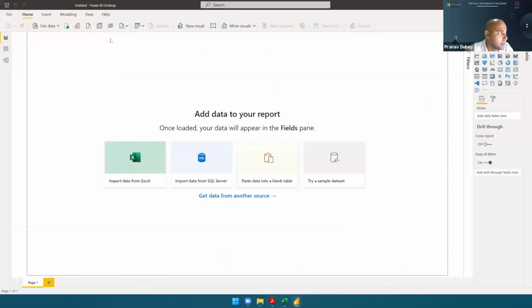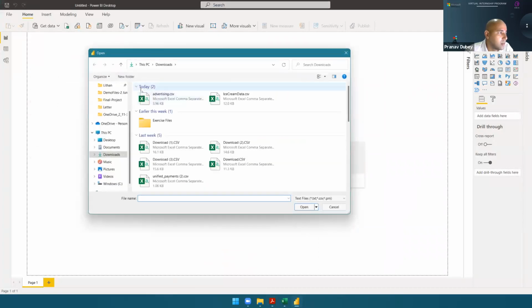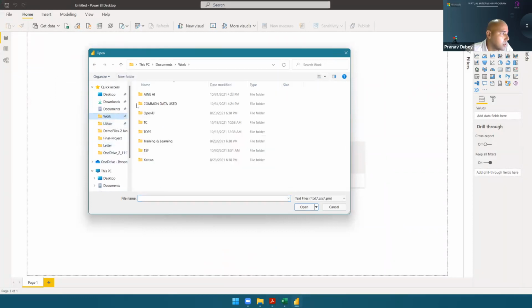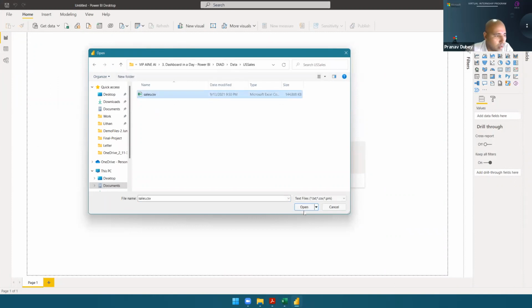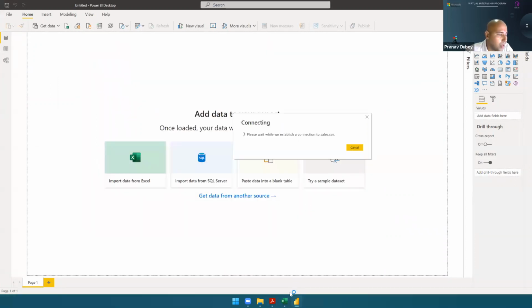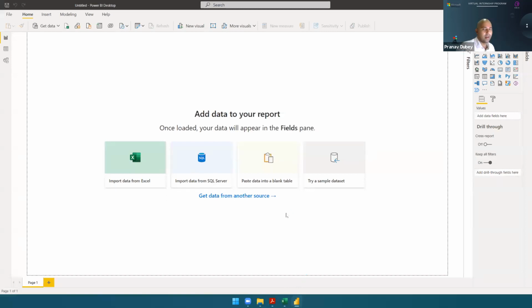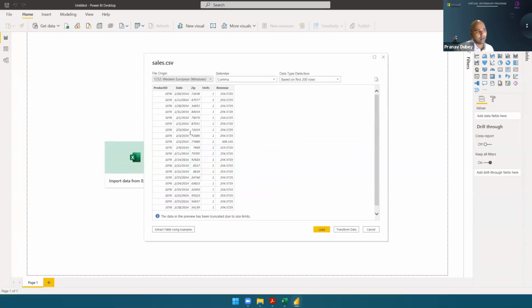So like this: Get Data, Text/CSV, and then go to your US Sales. Locate where your data is, and in US Sales, I am taking Sales. And then click on Open. Now your data will get loaded.